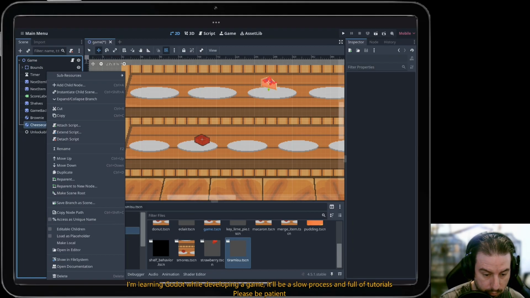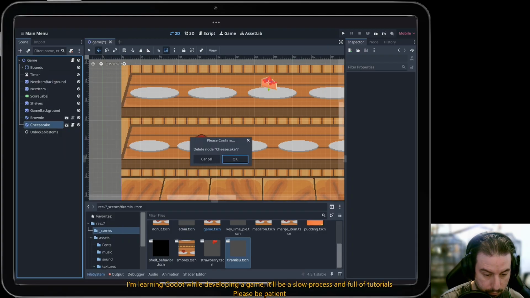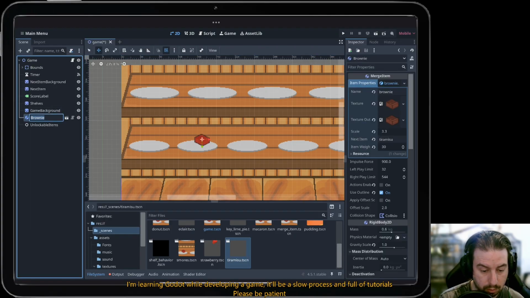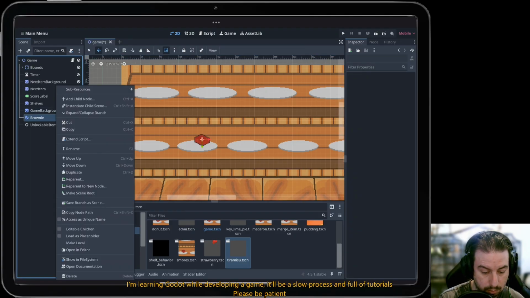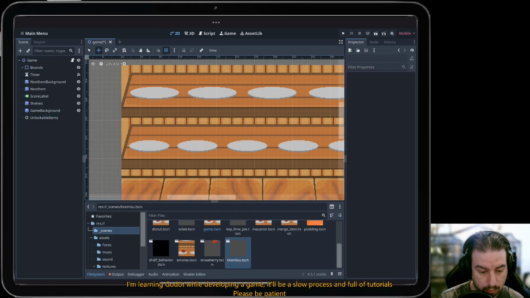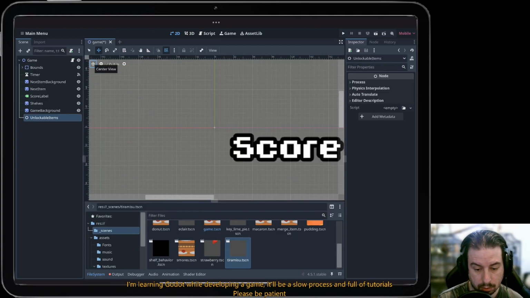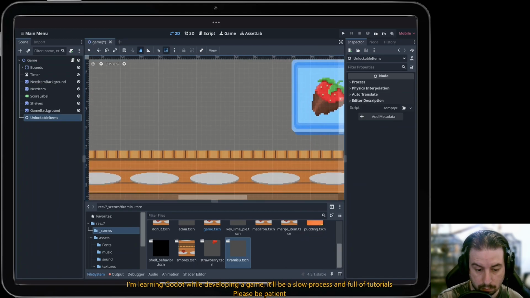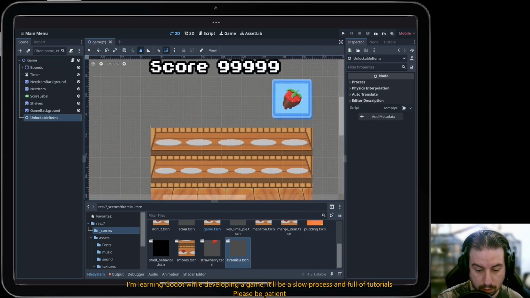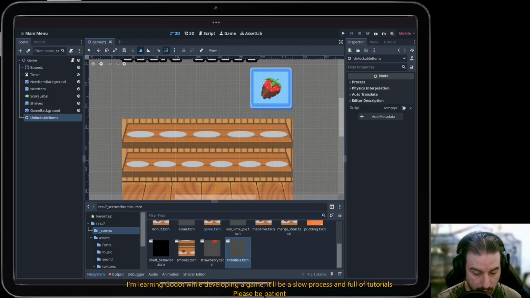So okay, and I will add them in here. So let's just go there. Really strong out. So let's go